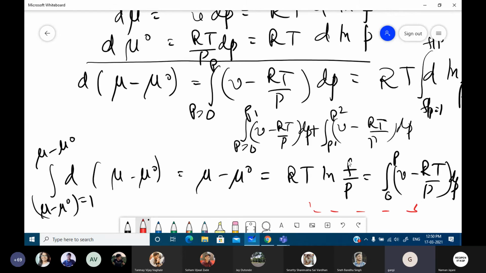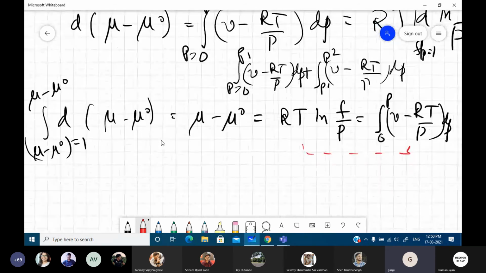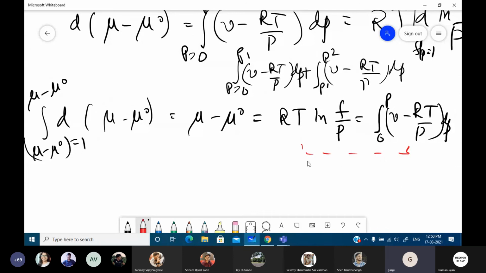Now, f was defined just for equilibrium considerations. Otherwise, this would not have come. So the moment you have defined f, you know how to find out f. This is the combination that you will be using. If you have some other data, then please go through the videos properly. If you have enthalpy data, then accordingly you have to calculate f. But before we do anything, it is important to define equilibrium in terms of f. And this is where the question was, right?